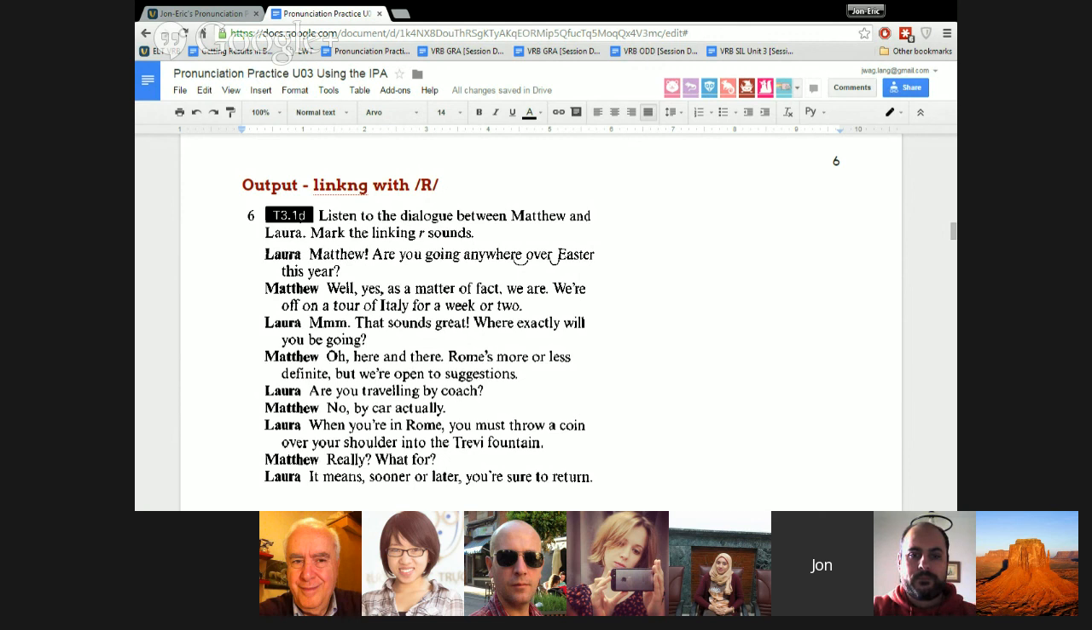Oh, here and there. Yeah, say the whole line first. Let's hear it. Oh, here and there, Rome's more or less definite, but we're open to suggestions. The word definite is definite. Definite. Okay. There are three links. The first is between here and. Good. The second is between more or. Excellent. The third is between